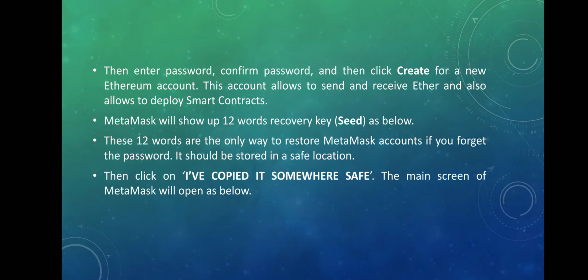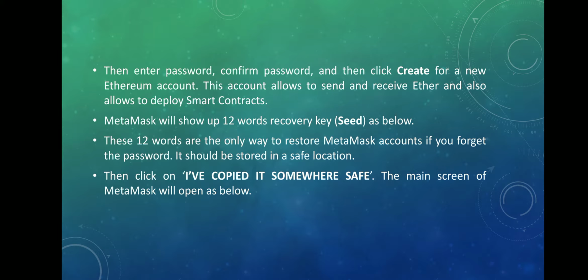Then during the installation of MetaMask, after giving a successful password, MetaMask will show you a 12-word recovery key. That 12-word recovery key is known as the seed phrase. This is very important, because in the future you may forget your password, and you need to know how to recover your MetaMask account and your Ethereum wallets.